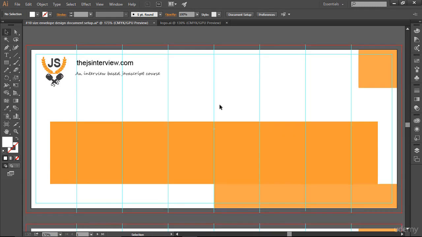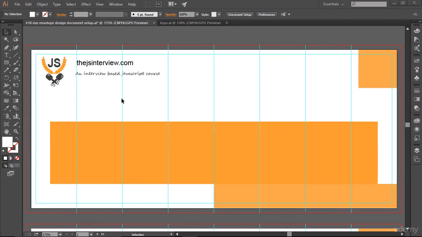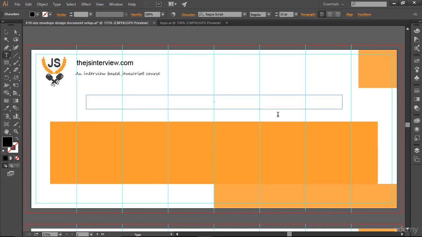And now what I'm going to do here, basically, this is my website name, this is the tagline, this is the logo, but I also want to include my address here. So if my client wants to post me something, they can write to this particular address. So I'm going to bring in this fake address of mine, and that was my fake address. So first of all I'm going to create a text box here,